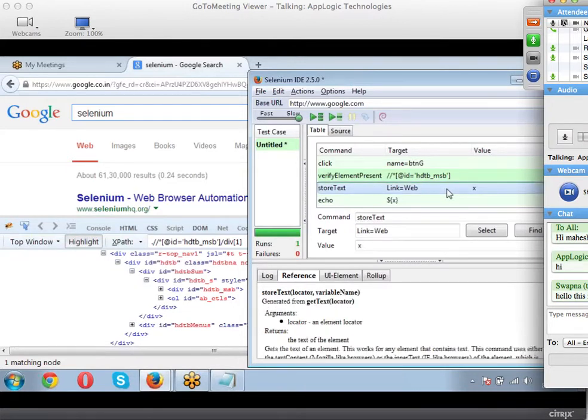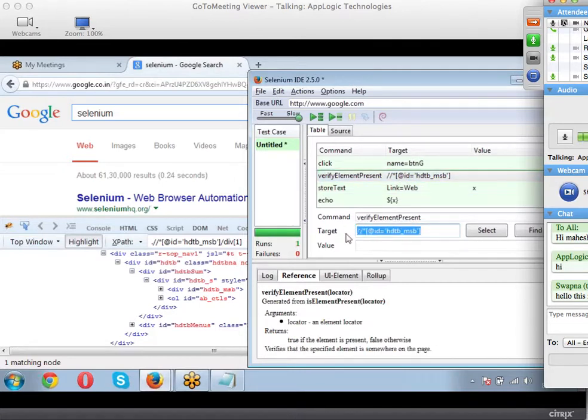It will be just a link, redirected somewhere else once clicking on it. So here I directly took the link name instead of an XPath. For verify element present also, I can directly write link is equal to web.